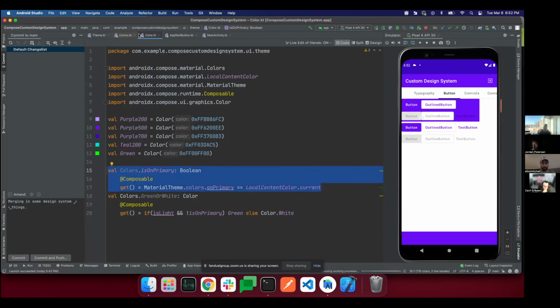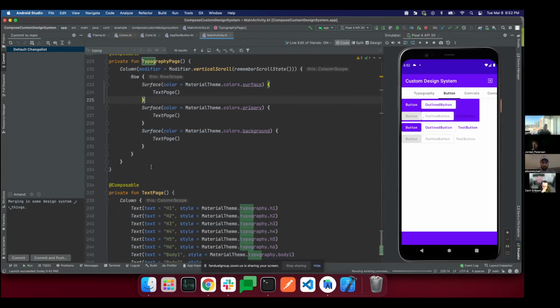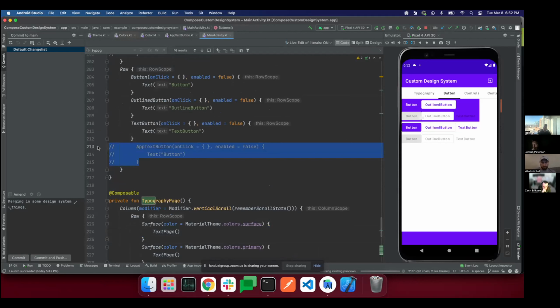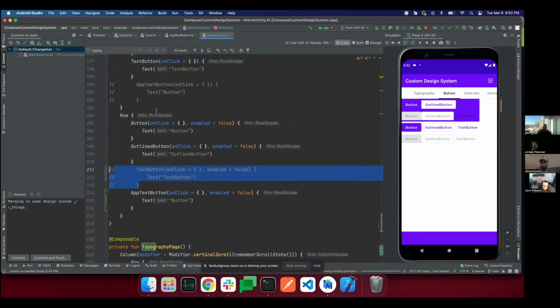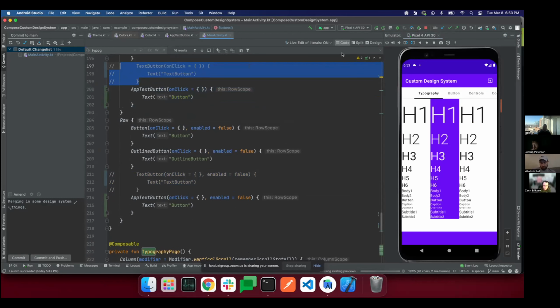So then I can implement something. Let me show you what I did. I can implement something like a custom wrapped button. If you can see the text button's not even visible here, and it's visible here. So what I did is I wrapped the text button with something. I'll show you the code for it in a second. I think all I need to do is comment this out, and then comment this out. And then we should be able to run this again. And you should see in the buttons that